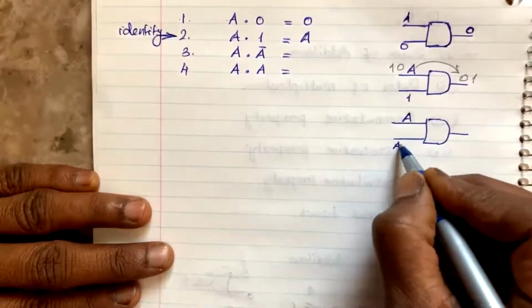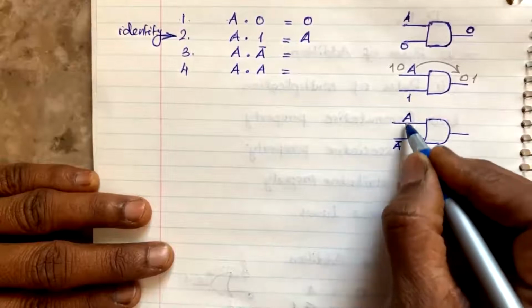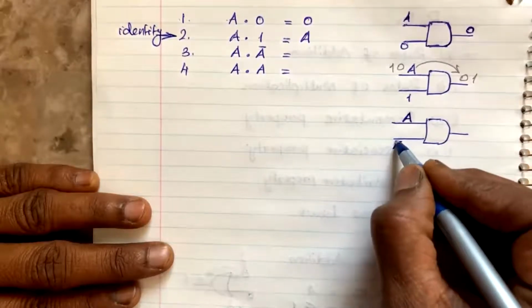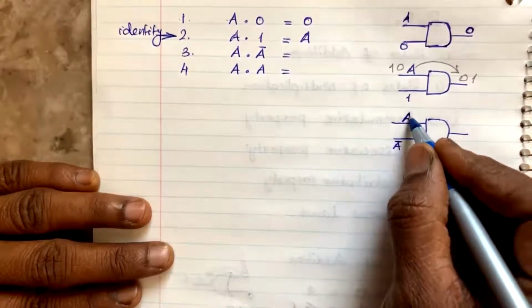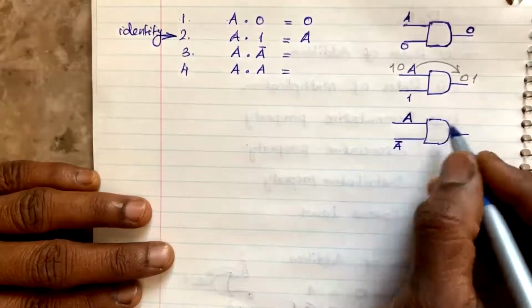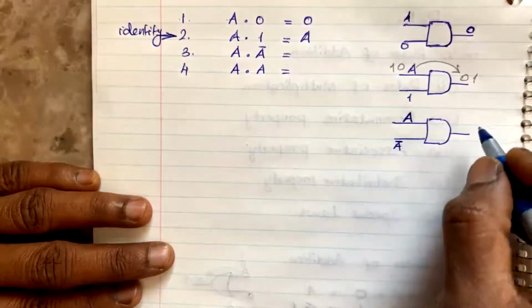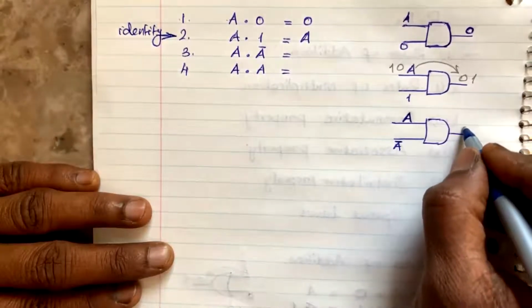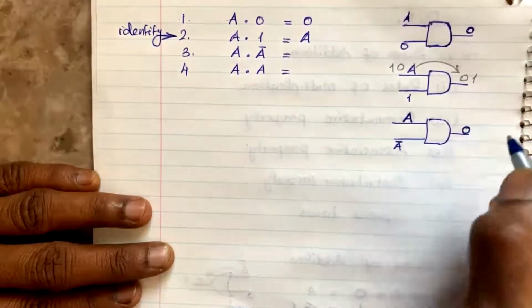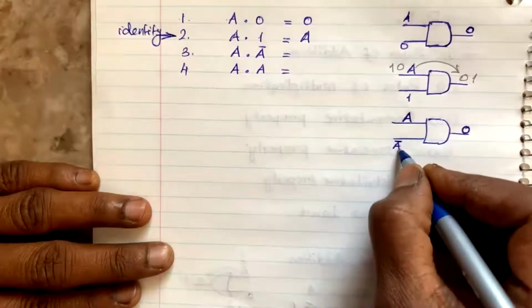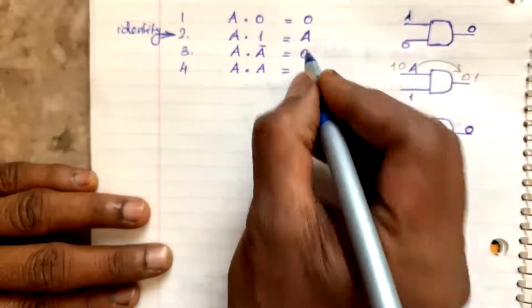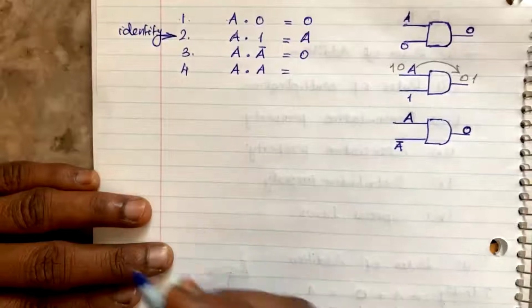A and A complement. This also I don't have to explain too much because if A is 0, output is a 0. If A is a 1, here you have A complement, and therefore we can say that is also going to be a 0. So A dot A complement is going to be a 0. Next is